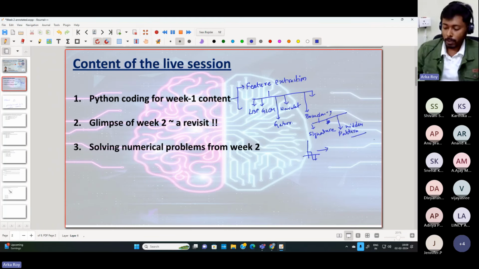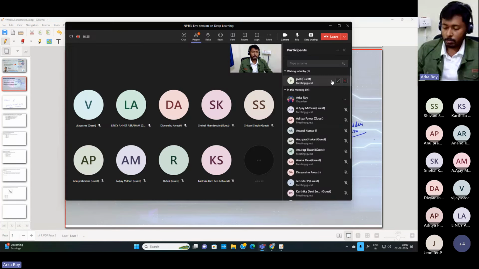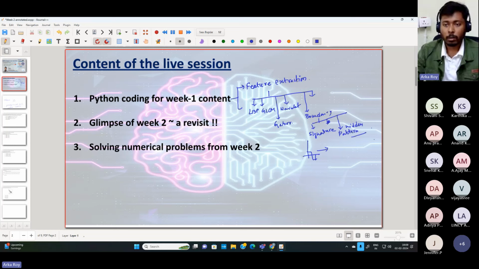So these kind of image based features we had seen. Along with that, audio based features such as short time Fourier transform and MFCC based feature extractions we had also talked about. Basically, it is there in the lecture itself. So MFCC, and we have STFT, that is short time Fourier transform based feature. So today in the first part of this live session, we'll be focusing on the Python implementation of